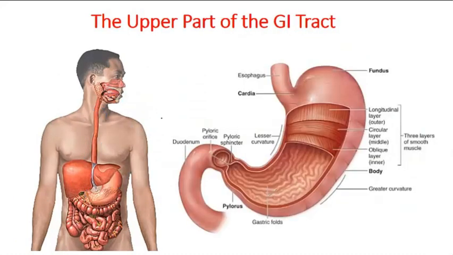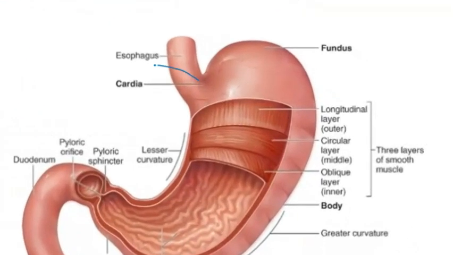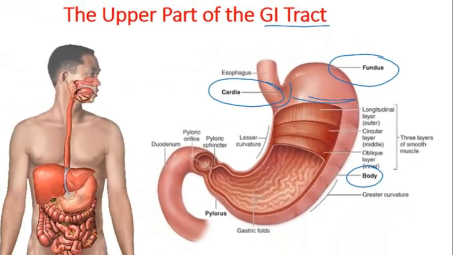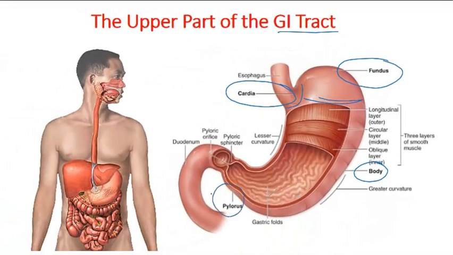Now let's talk a little bit about the stomach, which is one of the most important constituents of the alimentary canal. If you look at the structure, the stomach is divided into four different sections. It starts with the cardia, the beginning of the stomach; the fundus, just after the cardia; the body, which is most of the part, having a huge surface area; and the pylorus,